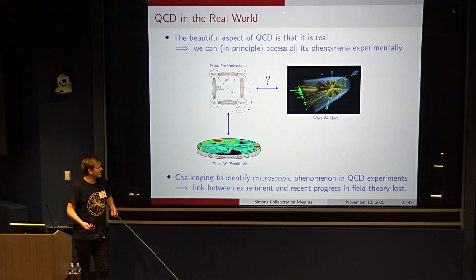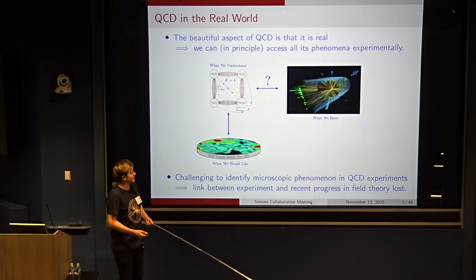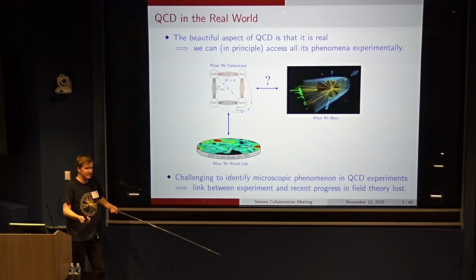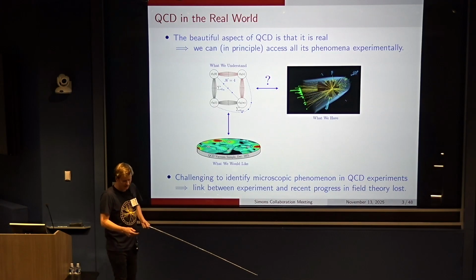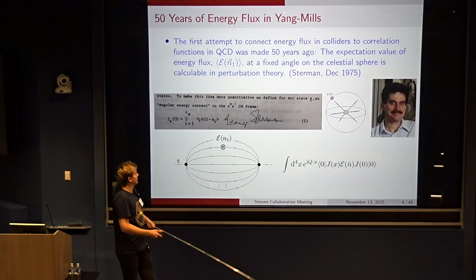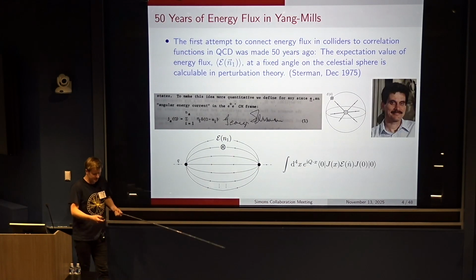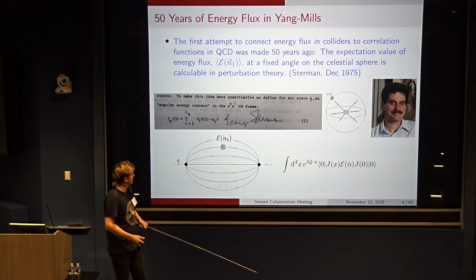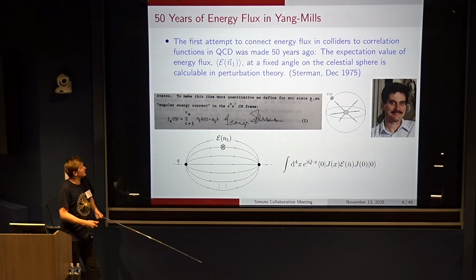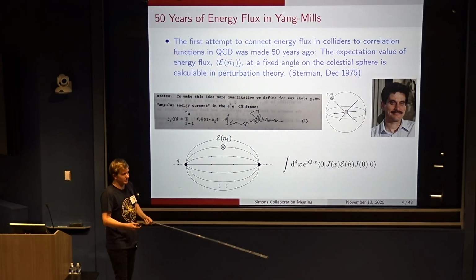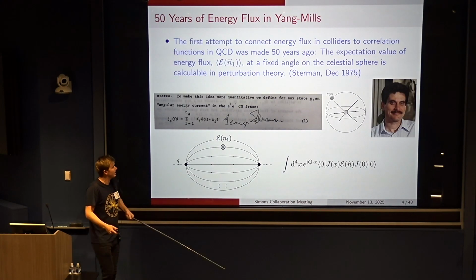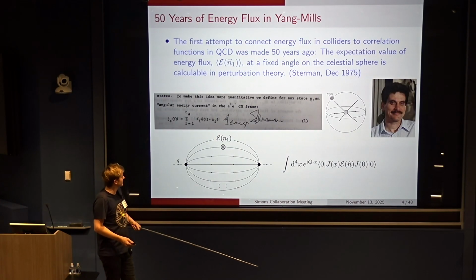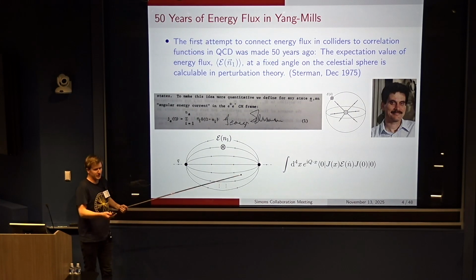And so this idea of trying to connect theory and experiment and collider physics experiments has a very, very long history, going back now about 50 years to the beginning of QCD. And so I wanted to highlight at the beginning that because this fall is actually the 50th anniversary of some of the first attempts in trying to connect theory and experiment in QCD. And so in particular, in 1975, a little bit after the introduction of asymptotic freedom, George Sterman, who was inspired by what you actually do in experiments, introduced what we now call the energy flux operator.